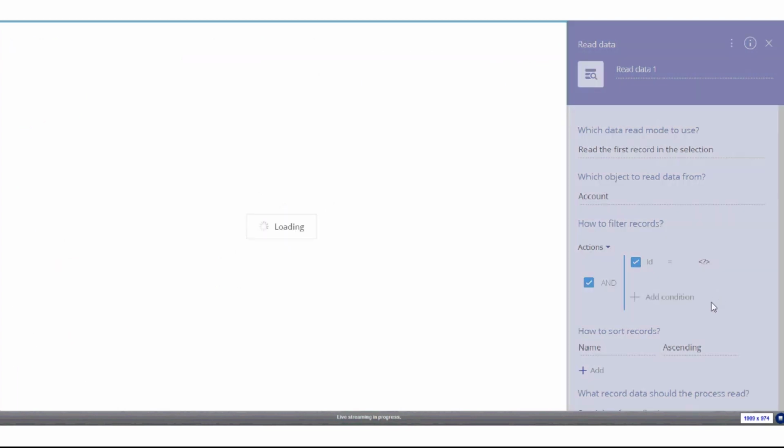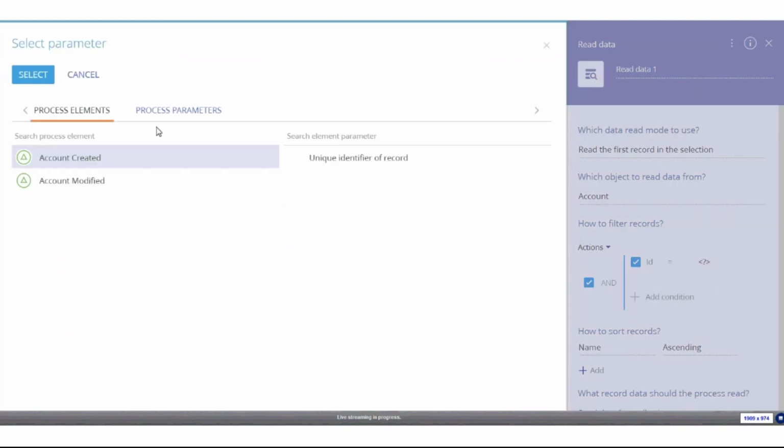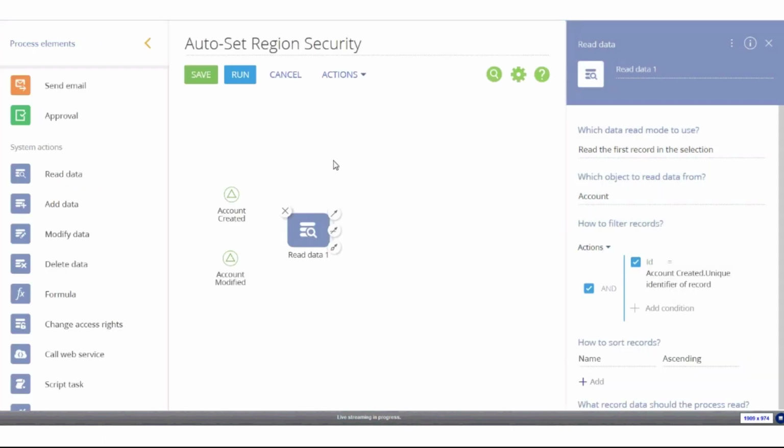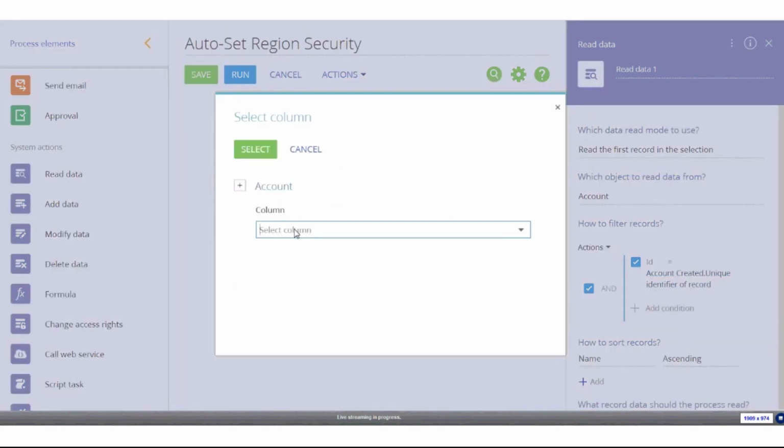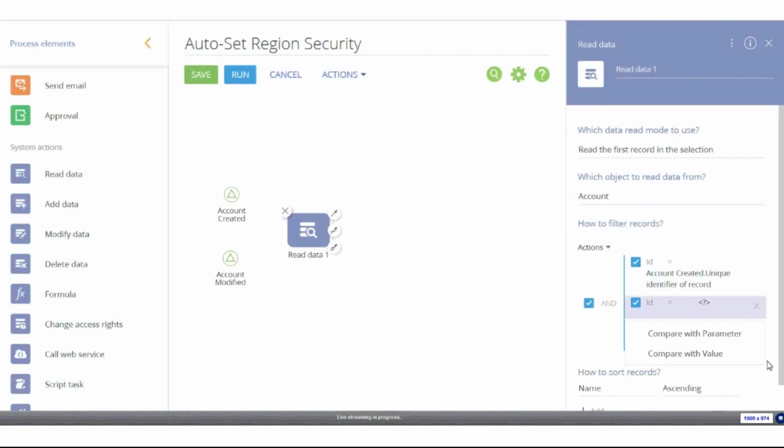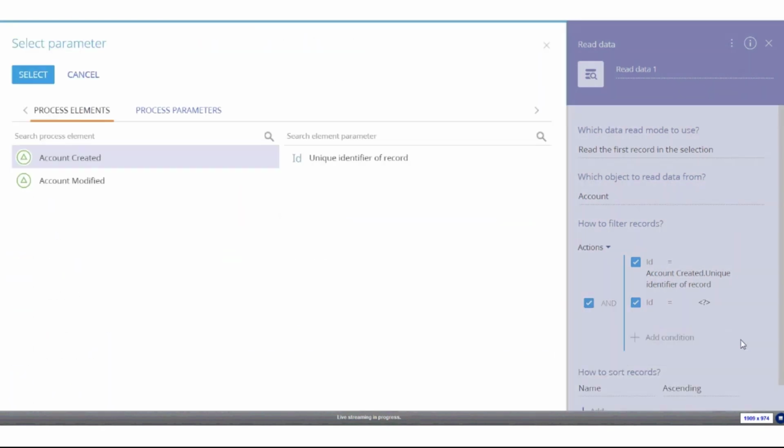That will allow us to read the ID of the record that triggered this process. So you can see here, by looking at the signal start event for an account creation, we can read the ID value of that specific record. We'll also need to add a second condition that looks for the ID,